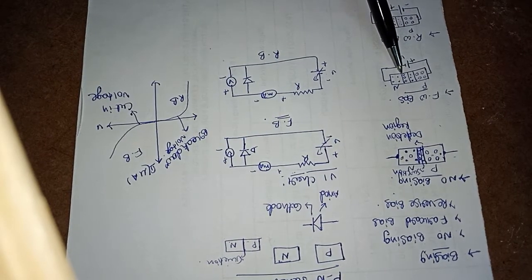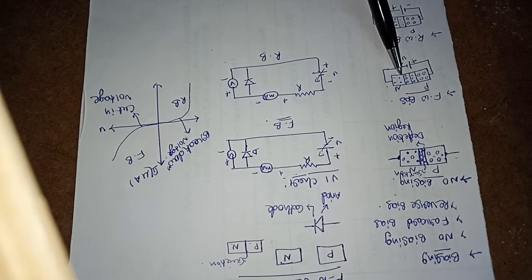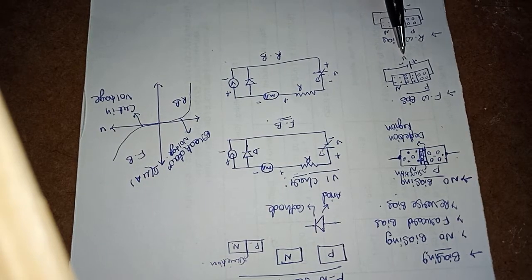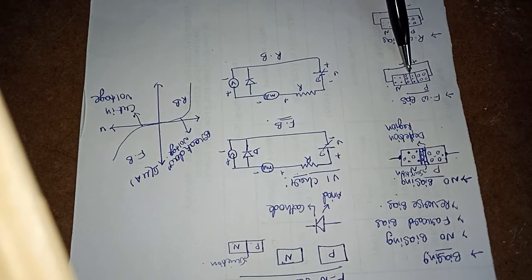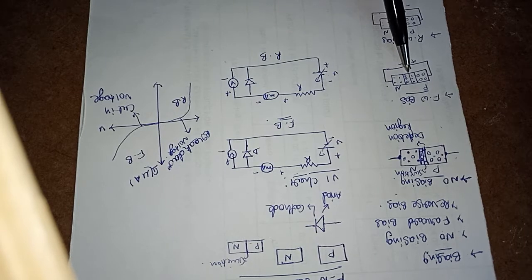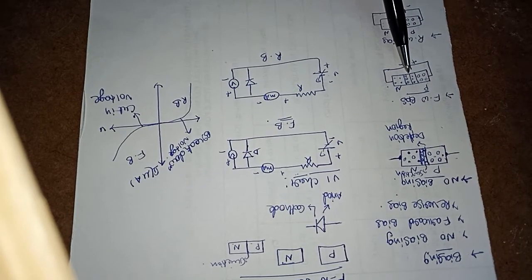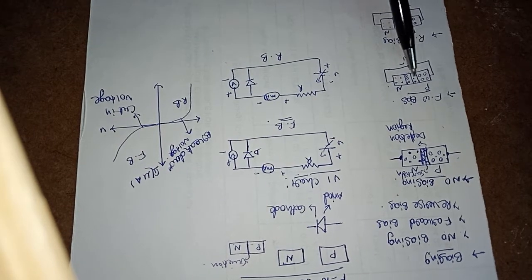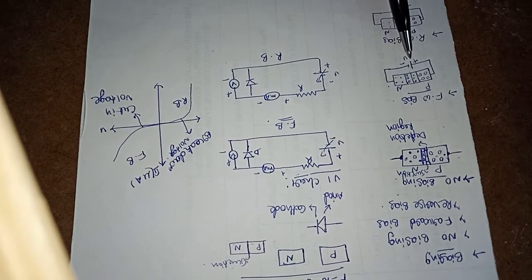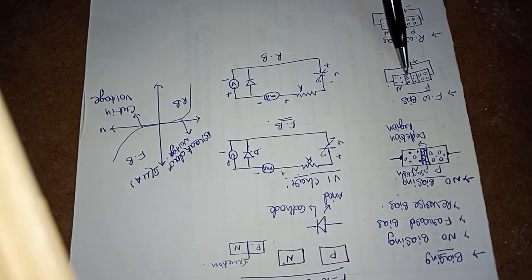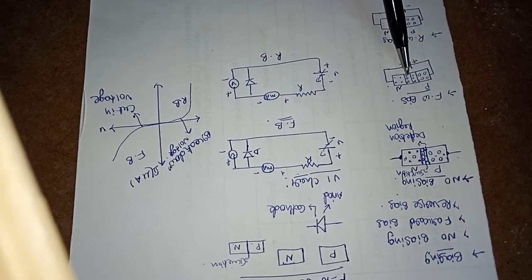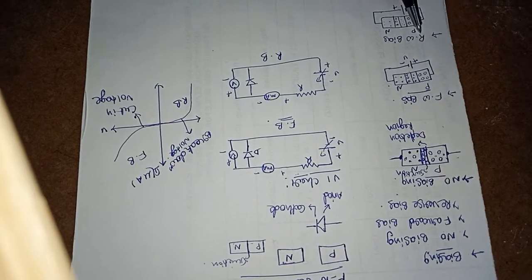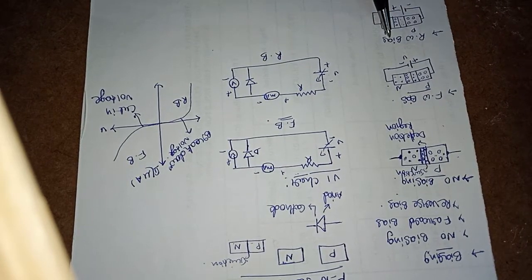The width of the depletion region is decreased, and when the applied voltage is less than the barrier voltage, that is the depletion region voltage, the conductivity will be increased. If the voltage is higher than the depletion region voltage, then a small amount of current flows through this diode. And next, coming to the reverse biasing,